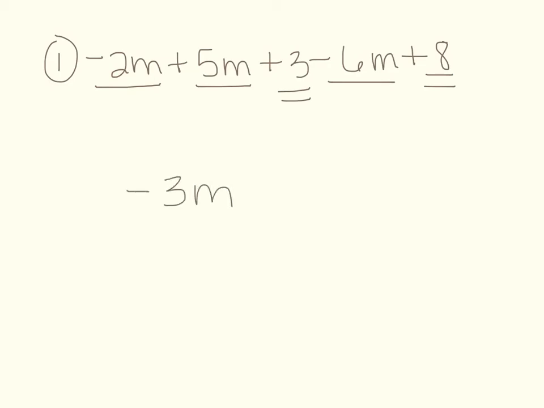So let me say that again. Negative 2 plus 5 is positive 3m. Positive 3m minus 6m is negative 3m. So what I've done is I've taken all my m's and put them together and created one. I've simplified it. Now I need to put my second set of like terms together, which is the 3 and